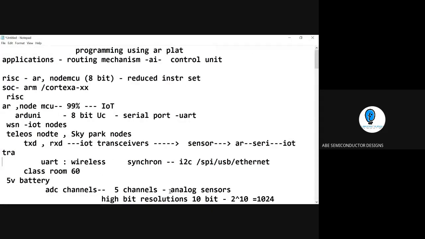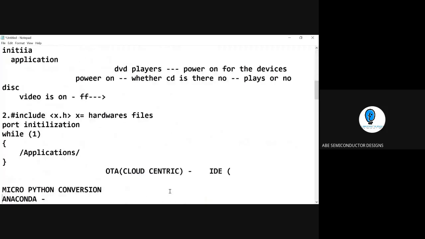What is the selection of your hardware, and C codes? What is the 3D blinking? And we have libraries. We have seen the cloud-centric Arduino IDEs, where it generates your hardware as well as your code. You do not have to break your mind. This is one fine example of OTA, a basic example of what we saw. Then the conversion of the IDE into MicroPython.